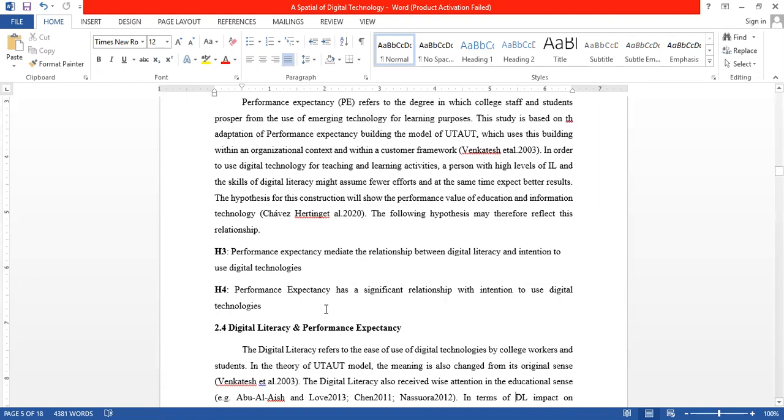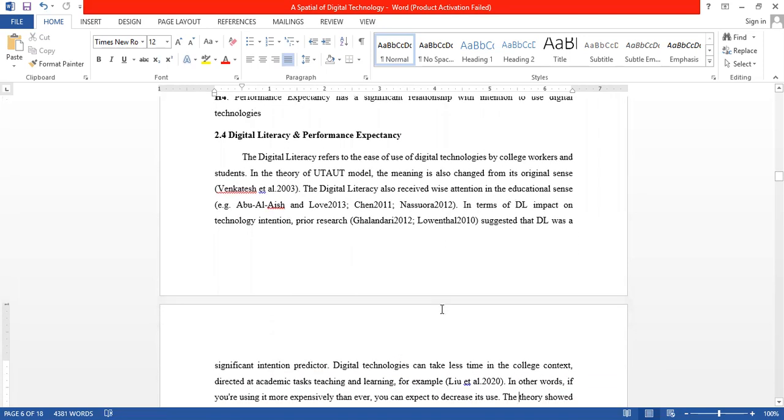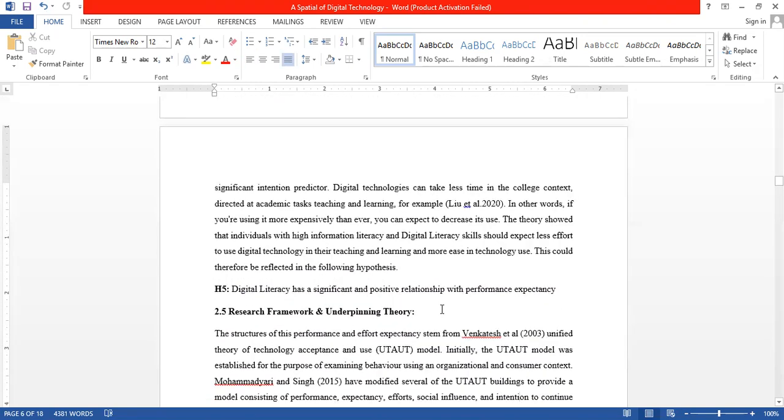And I have also already mentioned two hypotheses here. H3: performance expectancy mediates the relationship between digital literacy and the intention to use digital technologies. And the fourth hypothesis which I have used is: performance expectancy has a significant relationship with the intention to use digital technology. Same like this, you will briefly introduce your variables, two variables combined, and